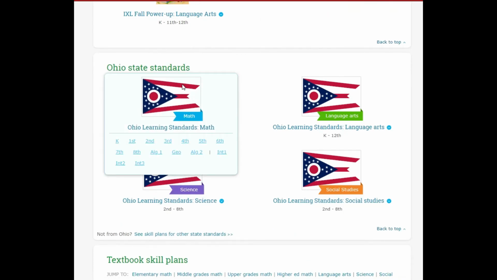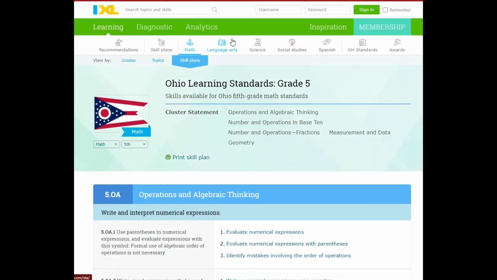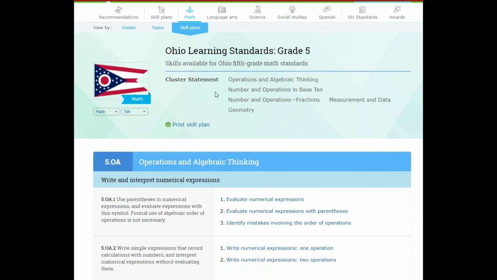So it says Ohio State Standards, and I am going to click on the 5th grade because one of my 3 children is in the 5th grade. Mind you, my homeschool application was approved for all 3 children, so I must have been doing something right when it came to their curriculum. The first subject I'm going to show as a brief example is math. And what I did was I looked at this